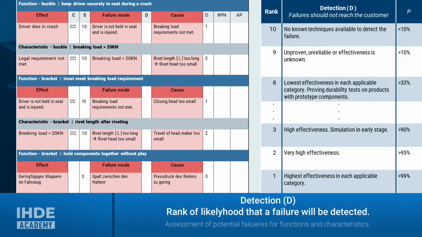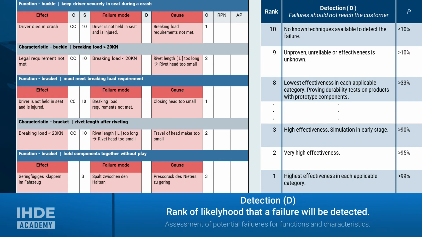As with the severity of failures and the probability of their occurrence, there is also a catalog for the detection of failures. Here, the probability of detection is also ranked from 1 to 10. A failure that cannot be detected will reach the customer with a high degree of certainty. If the probability P that a failure will be discovered is less than 10%, the probability of detection should be given a 10. At the other end of the scale, the probability of detecting a failure can be increased to